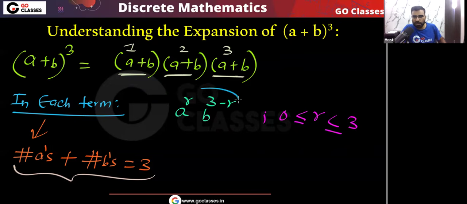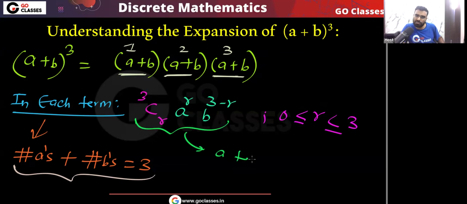You tell me one thing. How many ways can I create this term where I have R A's and B will be 3 minus R? Very simple. Total 3 factors are there. From these 3 factors, you choose which R will give you A, and the remaining will automatically give you B. So you can see that this type of term you will get.